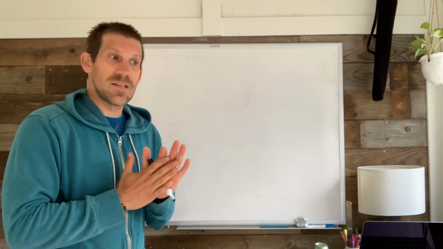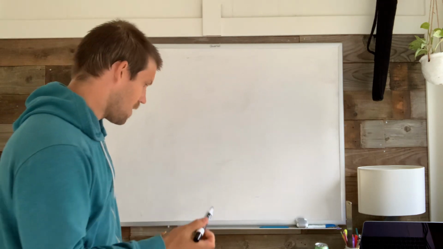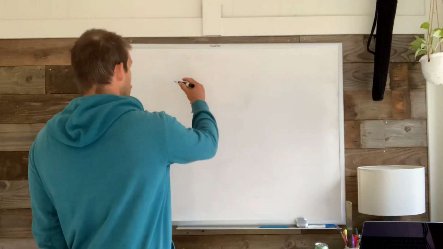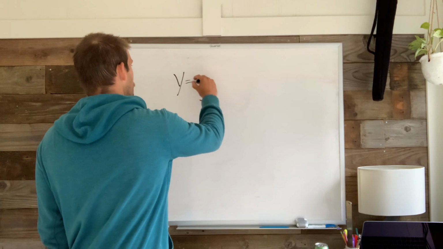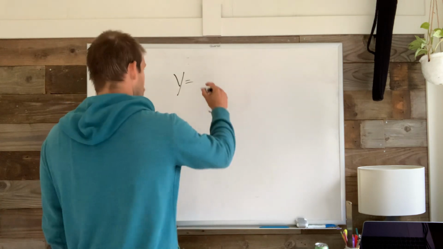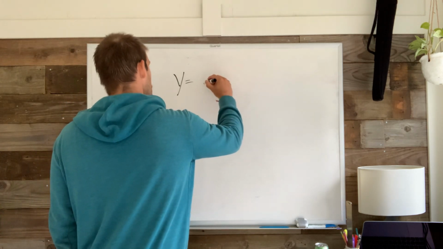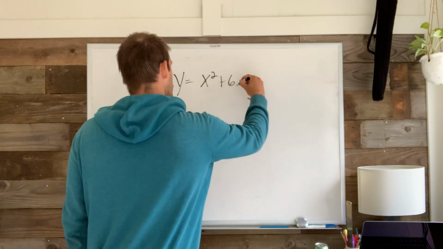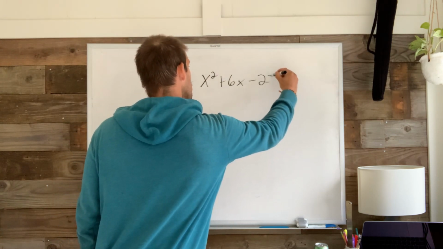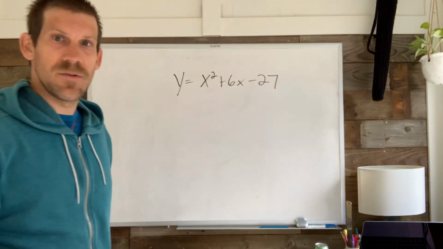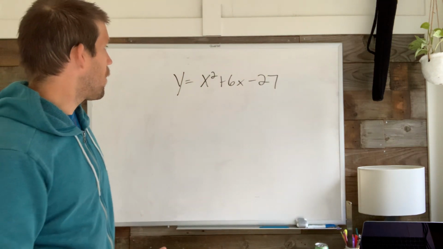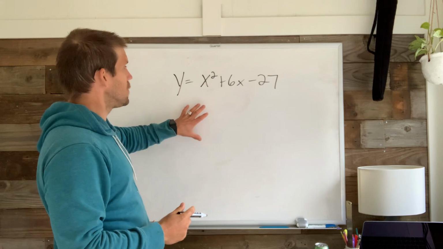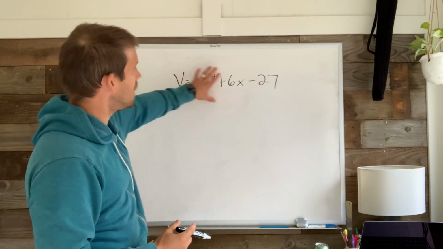First, I want to start with an example to refresh our memory. Let's start with y equals x squared plus 6x minus 27. Okay, so as a reminder, we're going to try to convert this from standard form here